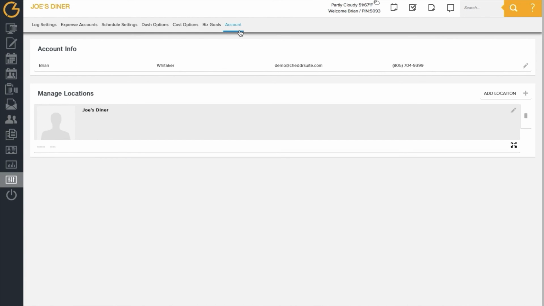The Accounts tab will allow you to make adjustments to your account with regards to the person who is the admin for your CheddrSuite account. You will also be able to manage locations or add a location to your CheddrSuite account. Make any edits